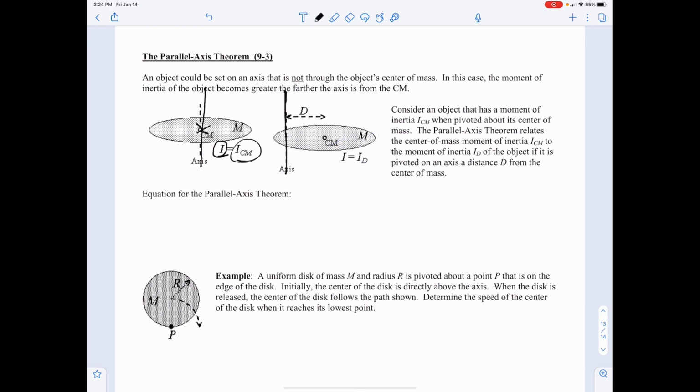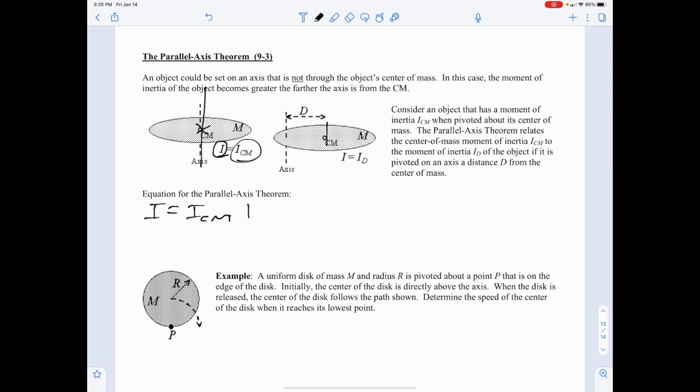This is our axis of rotation right now. And so when that happens, there's a different rotational inertia. So the way we figure it out is the total rotational inertia is going to be I through the center of mass, which would be if you were rotating it through the center of mass,